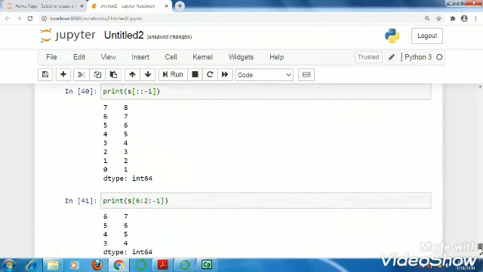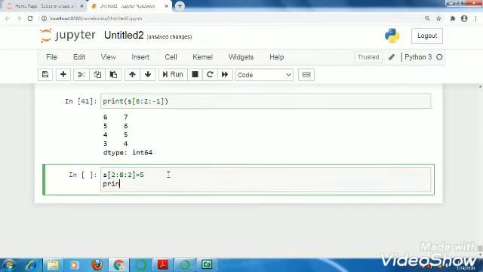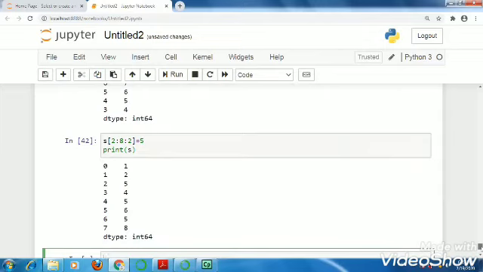Using slicing you can change values also in your series. If I write S, 2 colon, suppose the last index is 8 and step value is 2, and I want to change the value for all these indexes to 5, and after that I print S. You can see values are changed.